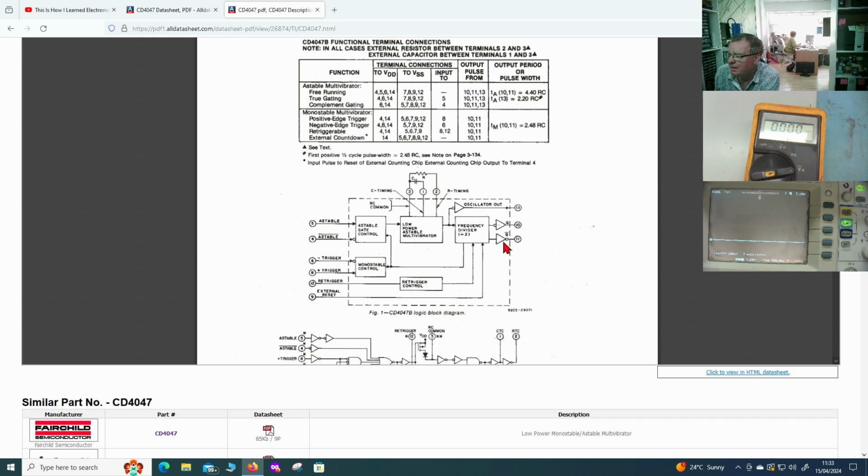And you can see we have two outputs here. One is inverted on the other one, and we have some signals that control this. So the operation we're using is a free running multivibrator, and you can see here it tells you which pins go to VDD. This is your positive supply, and VSS, which is ground. So we can make sure for the free running, which is what we have, that we have these pins connected